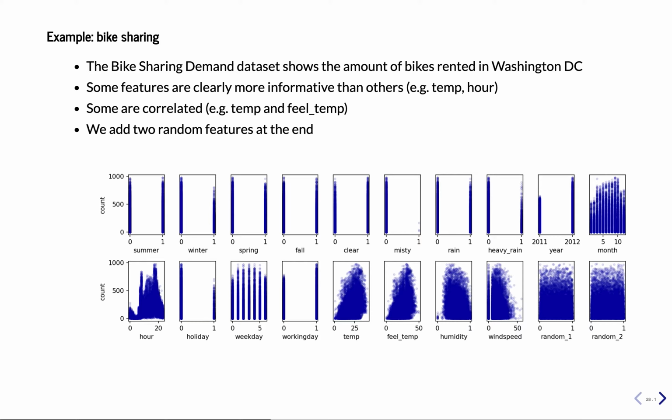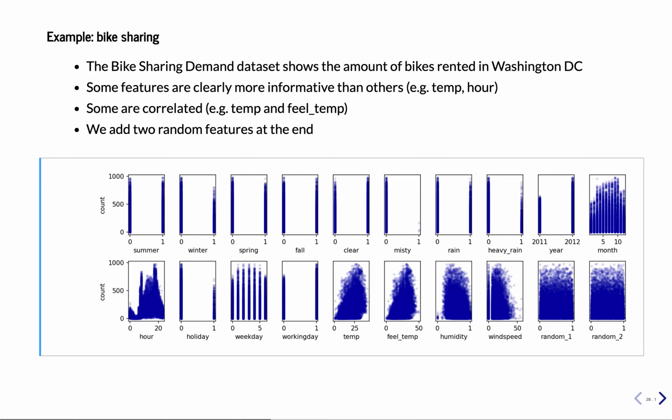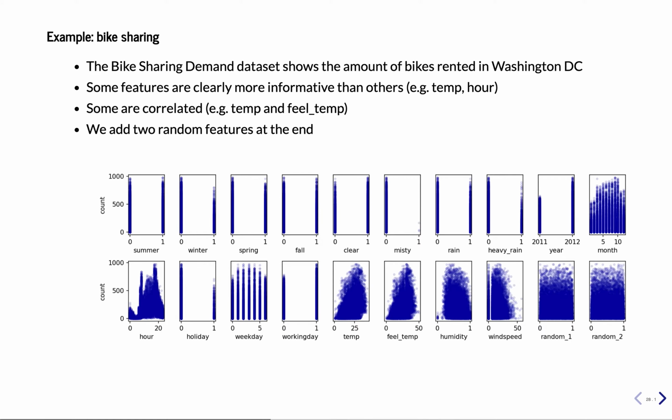Okay, in this video, we'll look at one example, which is bike sharing. So this is a data set about bikes that are shared in Washington, D.C. And we have a lot of information about every hour. Every hour we collect statistics about how many bikes are rented. And we store all of them, and we collect about 18 features